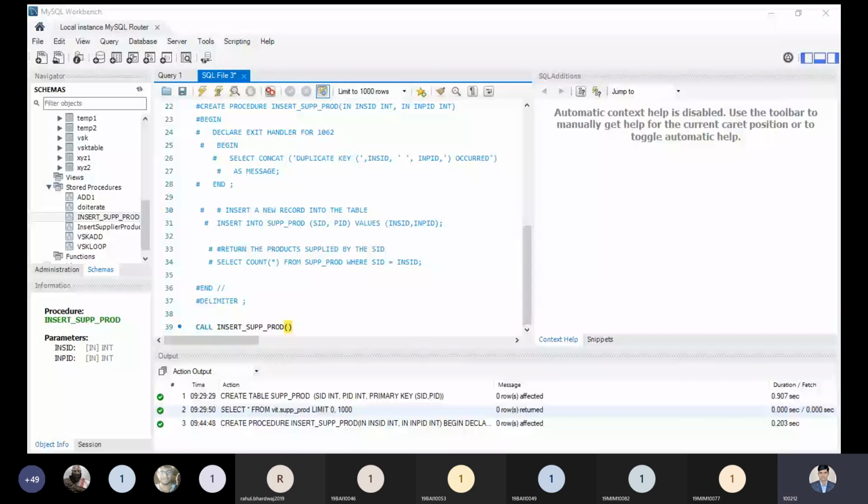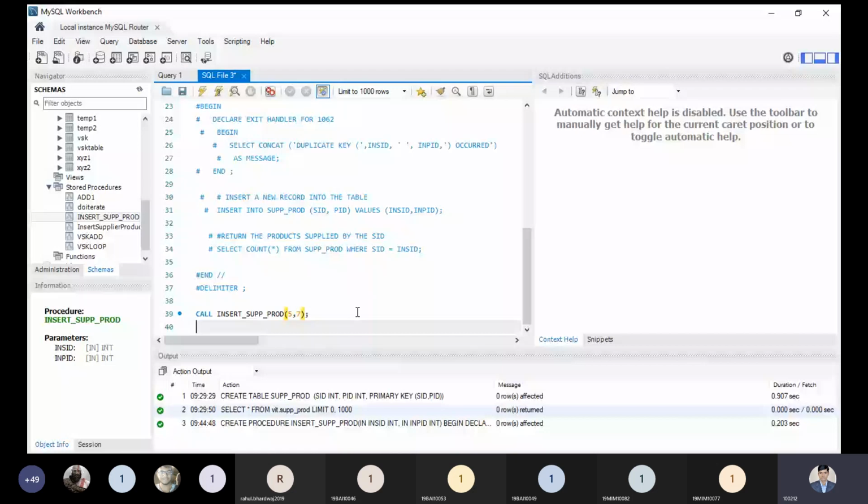Or should I use my own values? Any value, sir. Okay, right now I'm inserting the production supply ID 5 and any production ID like this one. 5, comma 7. Okay, no problem.